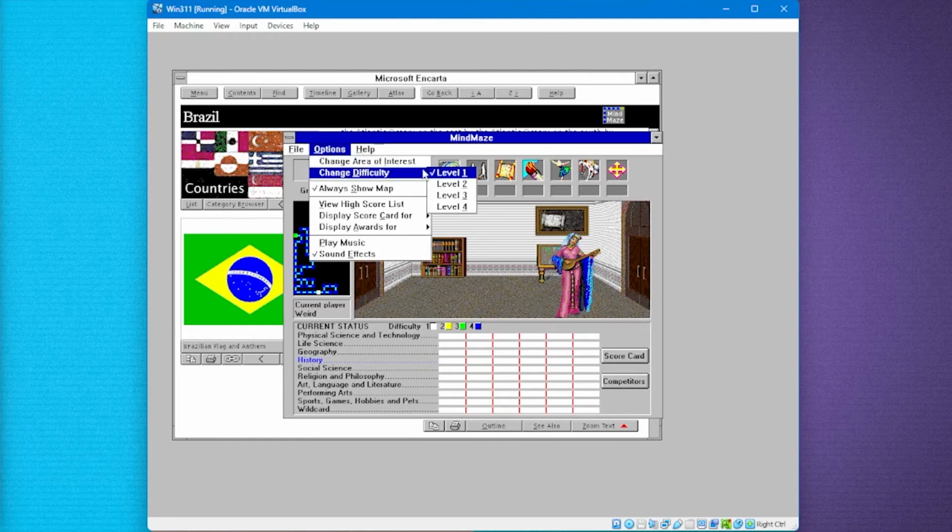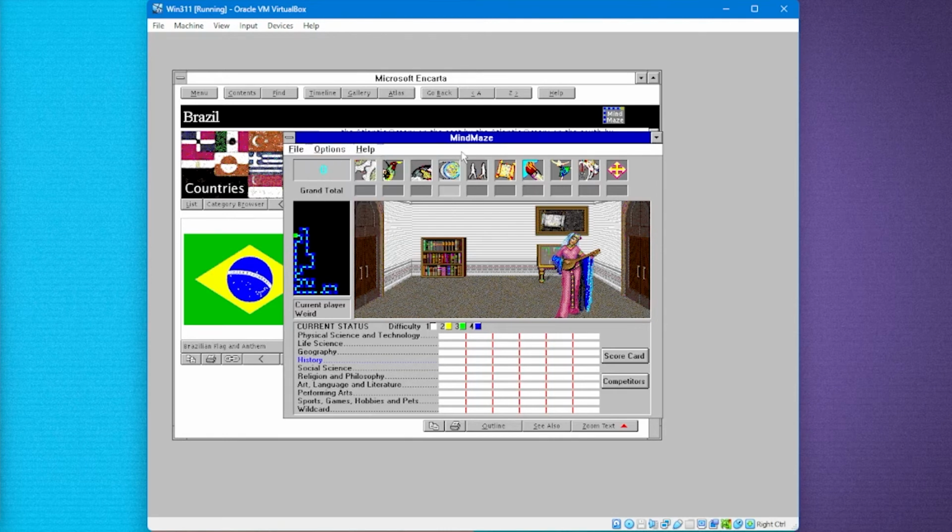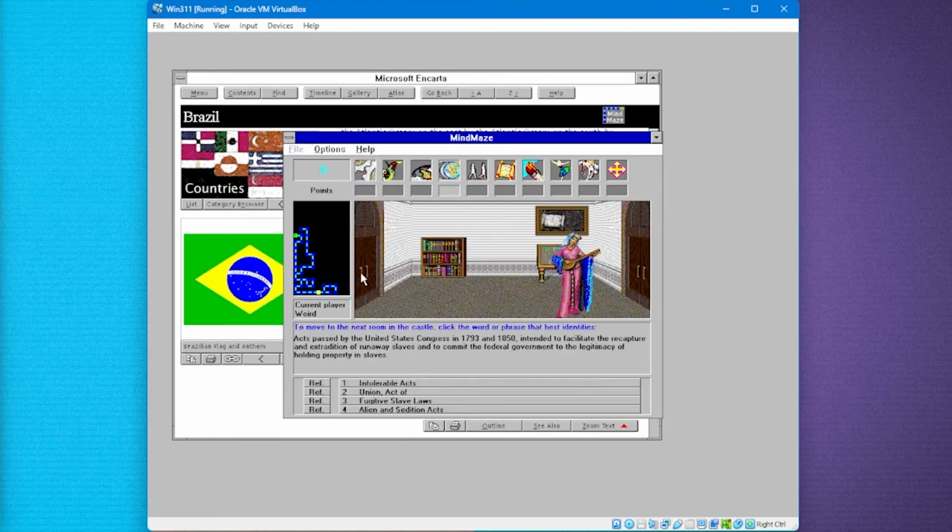Is that really what we want? Okay. Difficulty level 1. Well, let's go left. To move to the next room in the castle, click the word or phrase that best defines acts passed